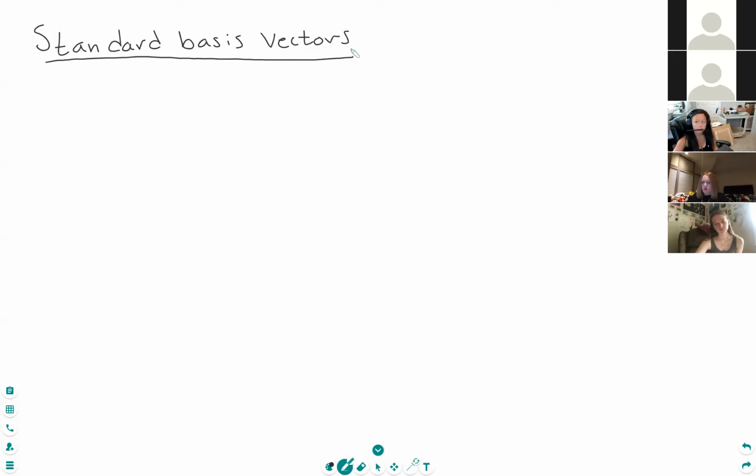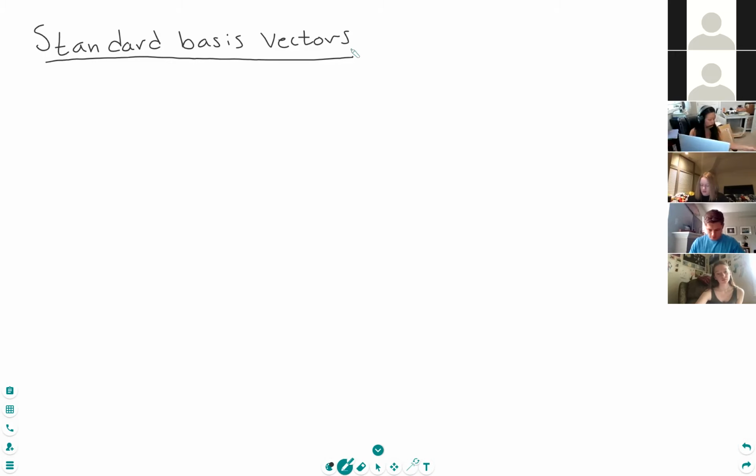If you've taken DiffyQ before, or you plan to in the future, or maybe even in it now, the word basis talks about what it means to be a building block in the space that you're in. Basis just means how can I write anything in the space as a combination of these building blocks. Just think of it like Legos. If I have a certain combination of Legos, I can make whatever you would want. So the basis